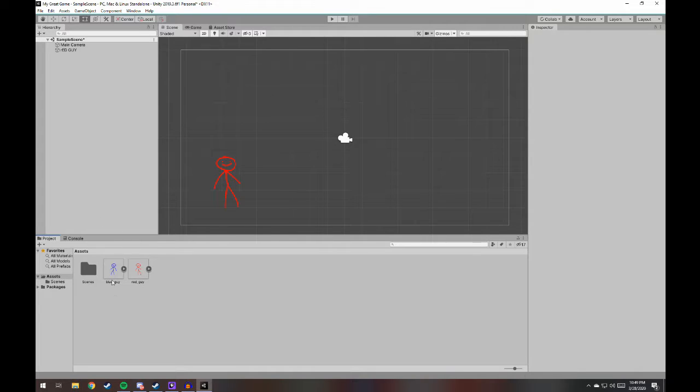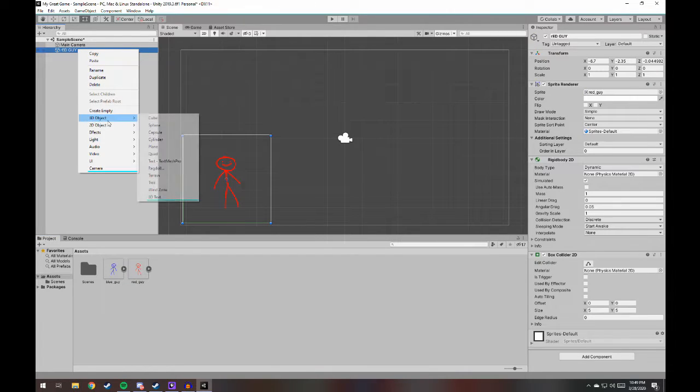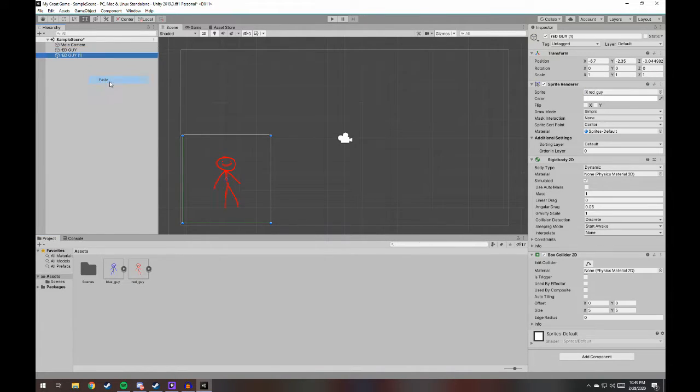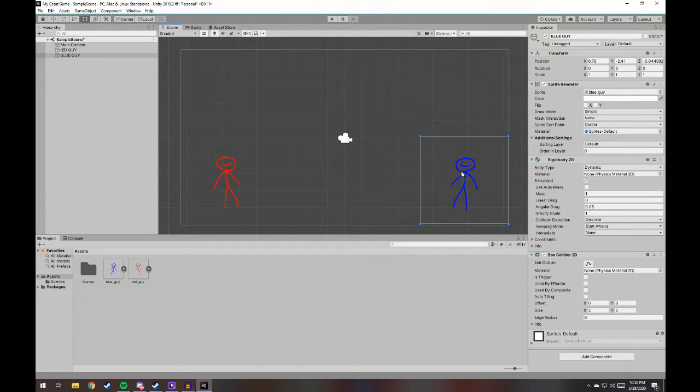Alright, up next we've got Blue Guy. So what I like to do in this situation is copy, paste, and then rename it Blue Guy. Alright, now all we have to do is change the sprite. It's Blue Guy. Beautiful. This just really quickens the process. I thought I changed that. Blue Guy. Enter. Okay, there we go. So we're gonna move Blue Guy to this side, and I forgot to change the box collider, but that's not important